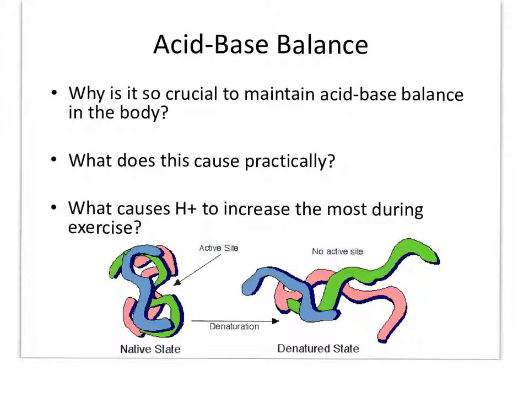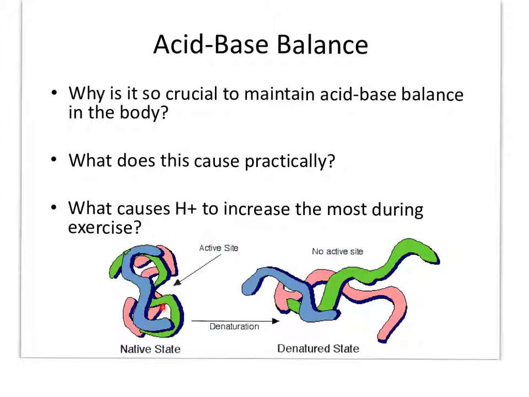And as you know, that lactic acid will start losing its hydrogen ions. It'll dissociate the hydrogen ion off of the lactic acid, and that's going to cause an increase in hydrogen ions. When you have an increase in hydrogen ions, pH drops, and what you see is